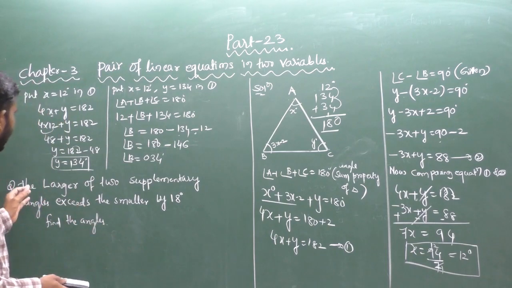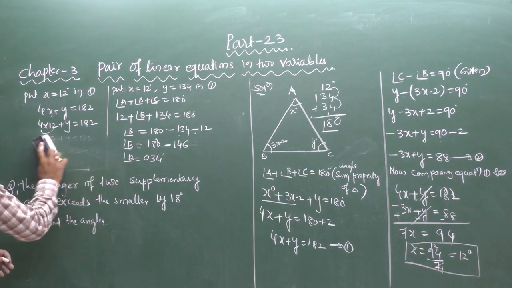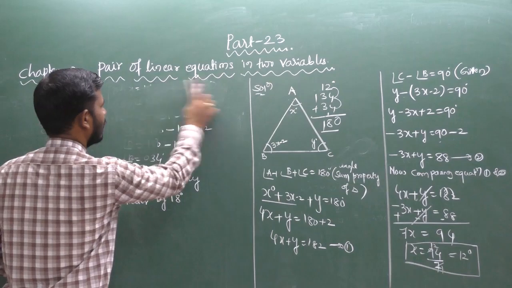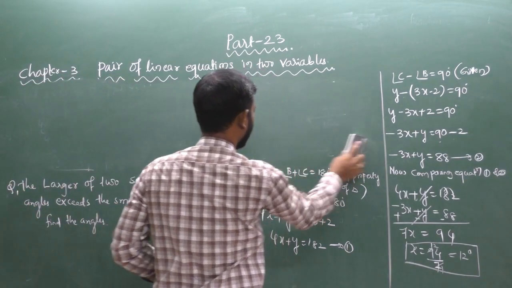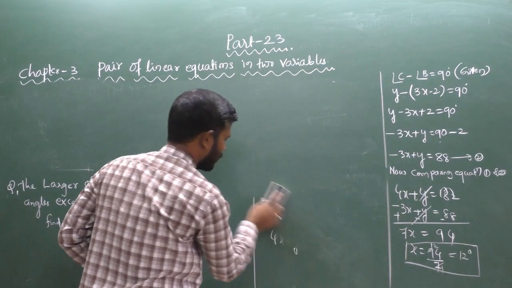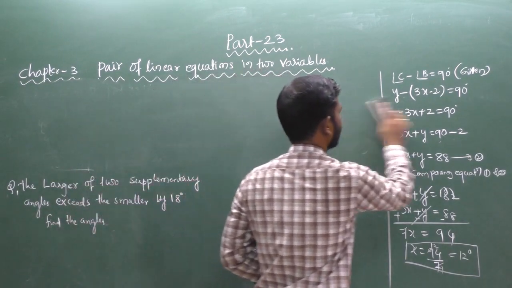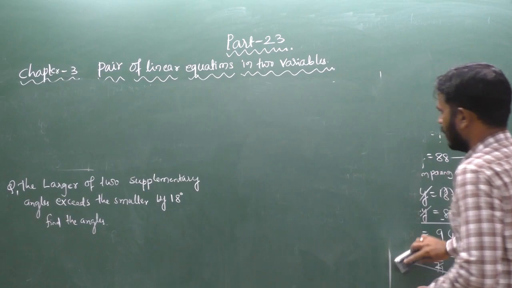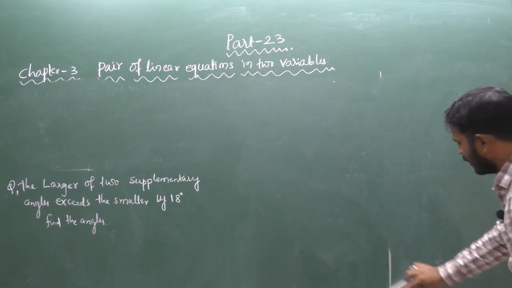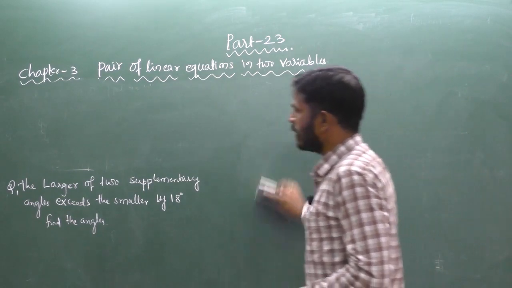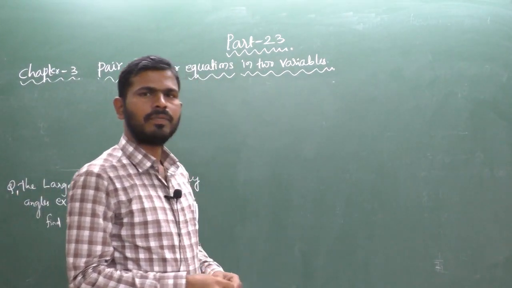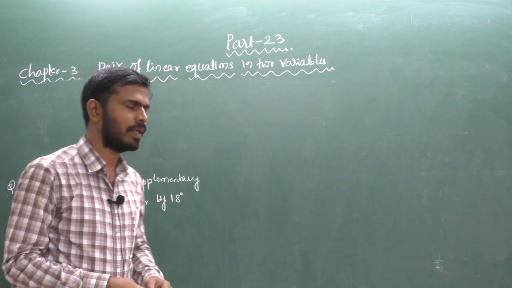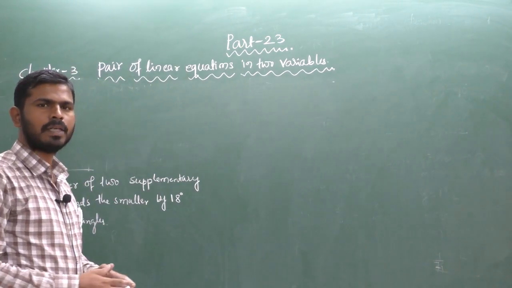The next problem I consider here, you may find confusing, so we will see the second problem. That is also basic. First, you have to read the question carefully, what is given and how to form a pair of linear equations in two variables. This is also a geometry-related problem.